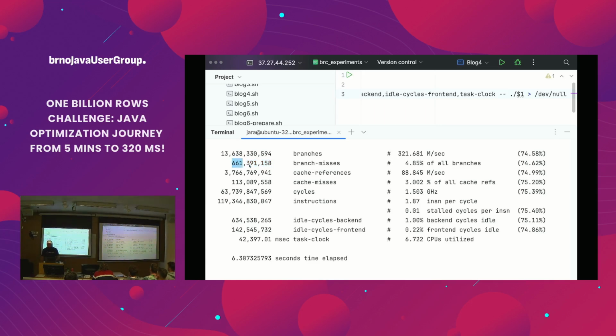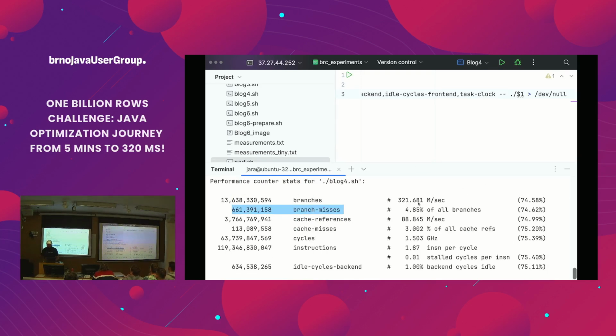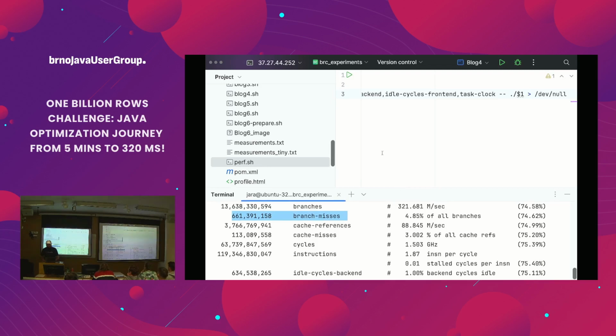So we need to somehow figure out, at this point of optimization, typical profiler tools are not very helpful because they will not show you what exactly is going on, because now you are limited by the CPU and how you are slowing it down. So you need to figure out what is causing these misses, and I will show you the reason.